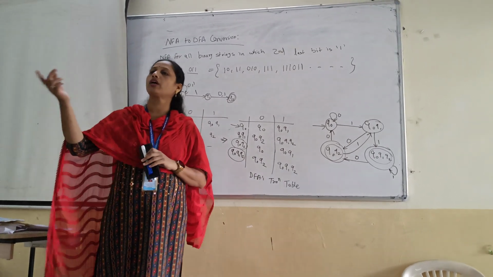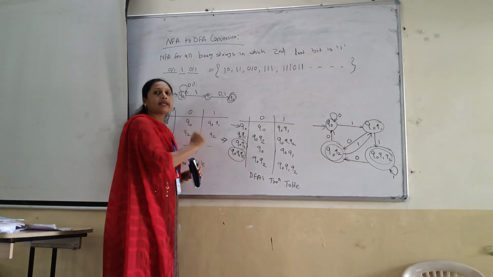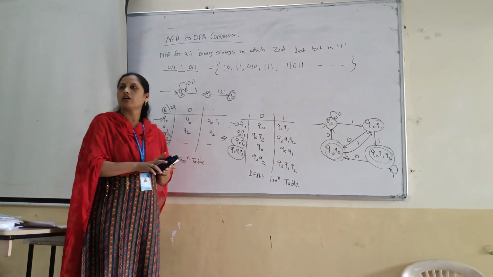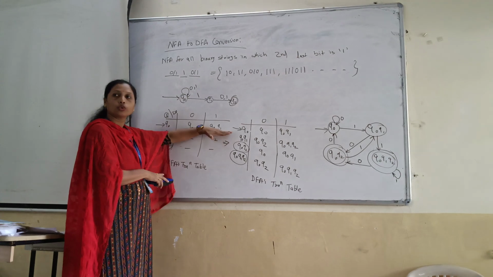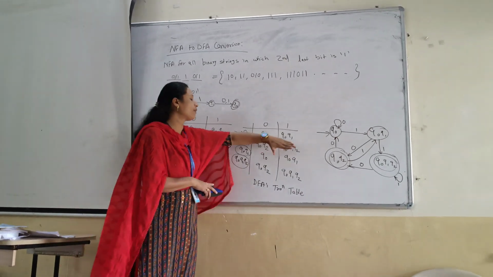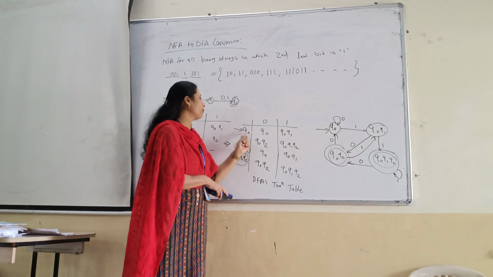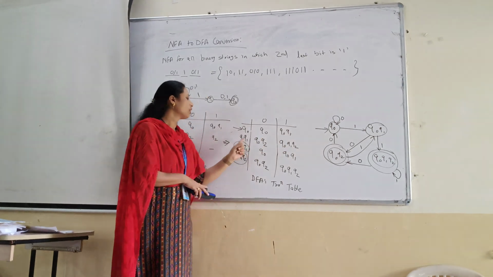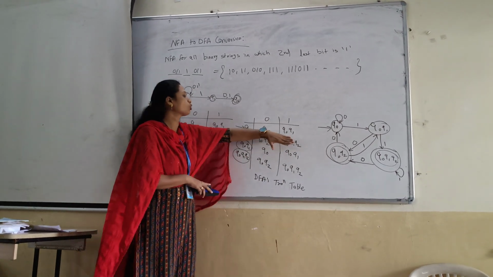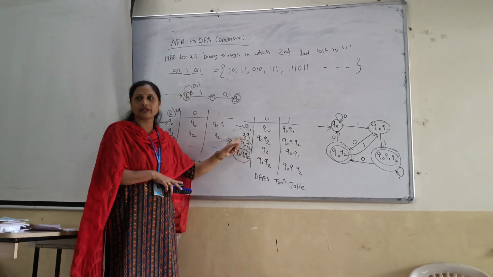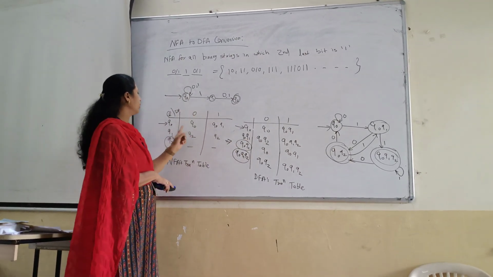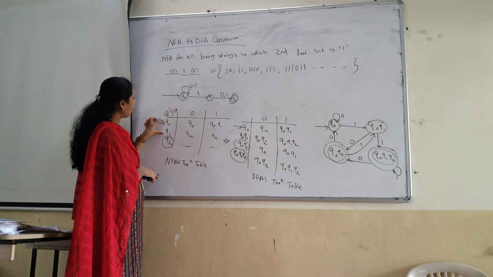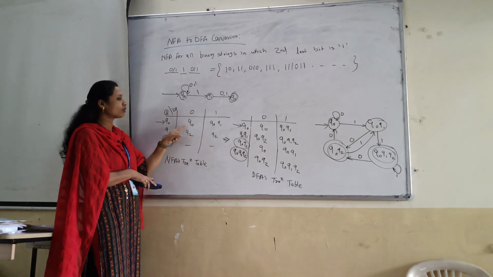Next step is what? We need to convert NFA's transition table to DFA's transition table. Very important step. Students, look at the board. Here, you need to remember, the first row you copy as it is. Now answer me, the first row we have copied as it is. Now tell me, Q0, we are having on this side. Q0, Q1, here we are not having Q0, Q1. So we are going to write Q0, Q1 here. Now, see here, Q0, Q1 on 0, tell me from the diagram. Q0, Q1 on input 0, what are you having? Q0, Q2.